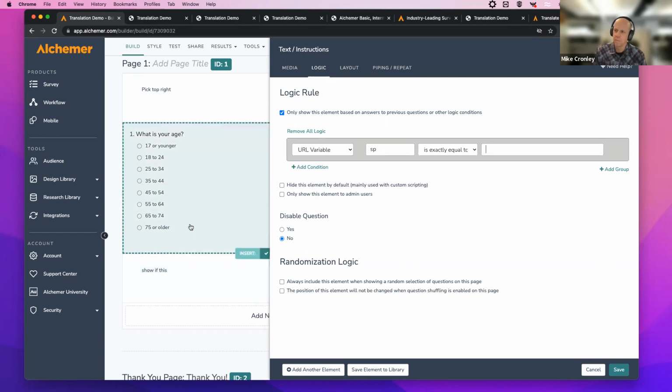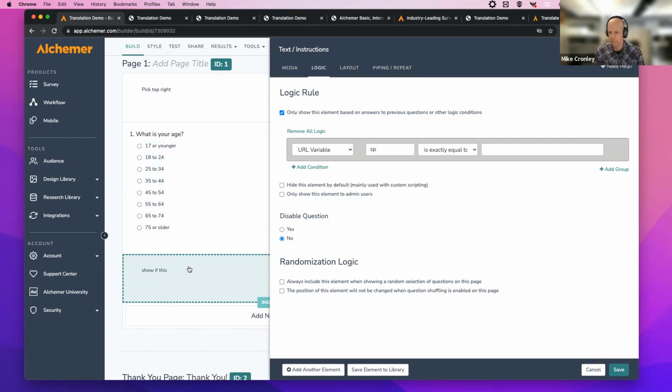So you can really customize this. This is going very advanced very quickly, and I apologize for not having this prepped and ready to go. But basically we capture the variable of the code, and then you can set up this logic to only show this if that language is present. So you can really do some customization based off that. I'm not sure if that's going to be helpful in your context, but that's something else that's available that you can do.